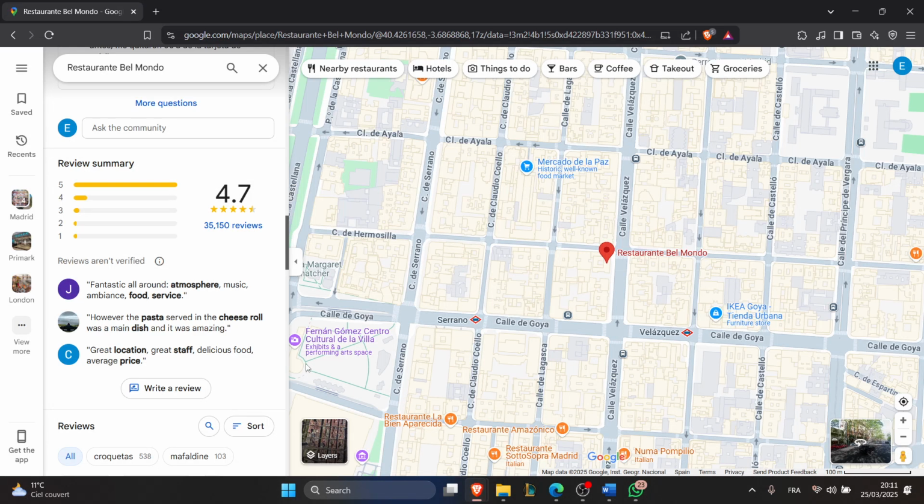As for the third method, it's adding missing locations, and to do that just tap on the plus or add a missing place option in Google Maps and enter details like name, category or location and submit the information